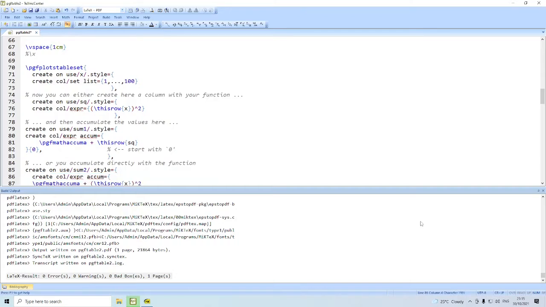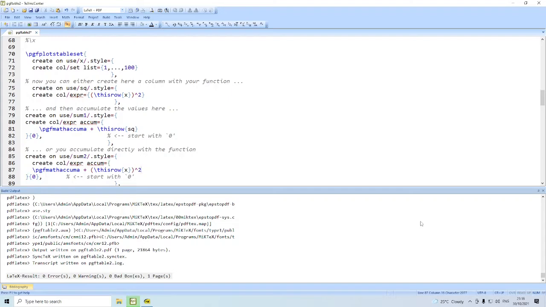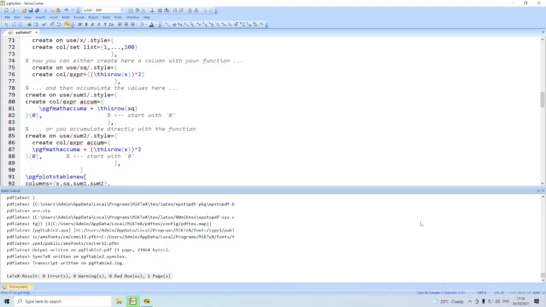Or you can find a sum whose style is expressed like this. create col/expression accum and then \pgfmathaccuma plus you give the expression right here. Whenever you use accum here, we have to mention the starting value. As in the previous case, we start with 0.